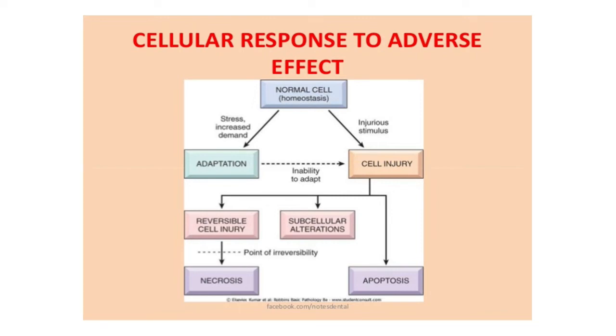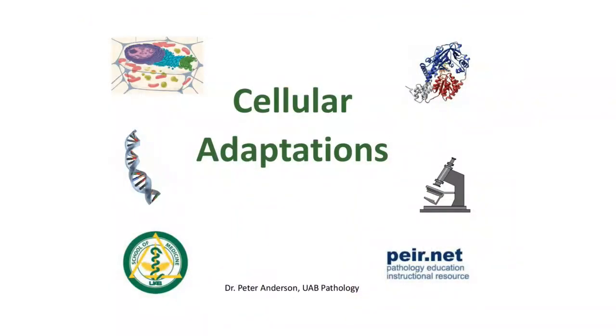Those dead things that are supposed to be excreted out, they are excreted out and all that. If it goes through reversible cell injury and at a point it becomes irreversible, then we go into necrosis. So necrosis simply means the death of a cell or cell death. Another form of irreversible thing that we can also talk about is apoptosis, programmed cell death. So we also go through that.